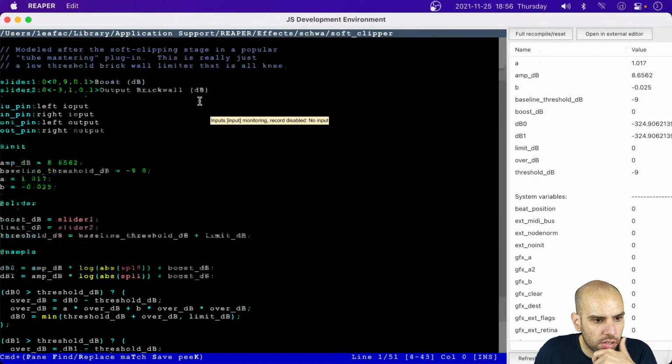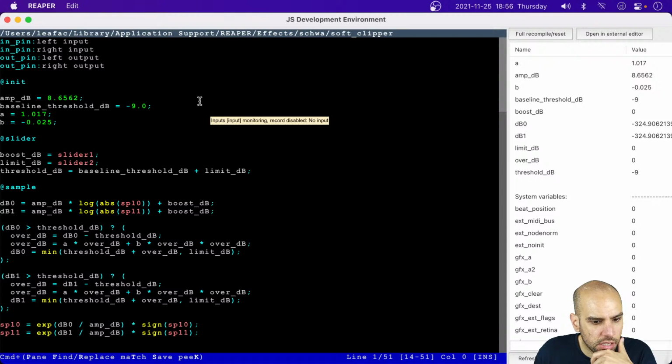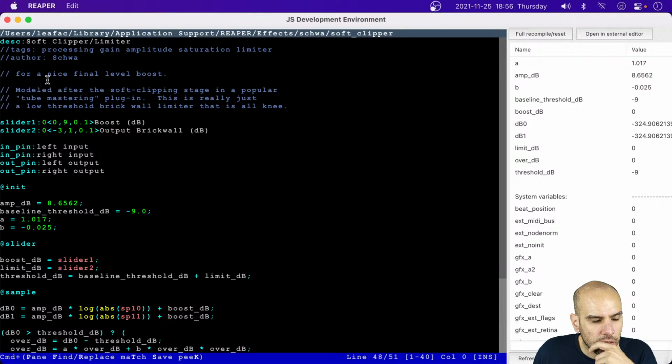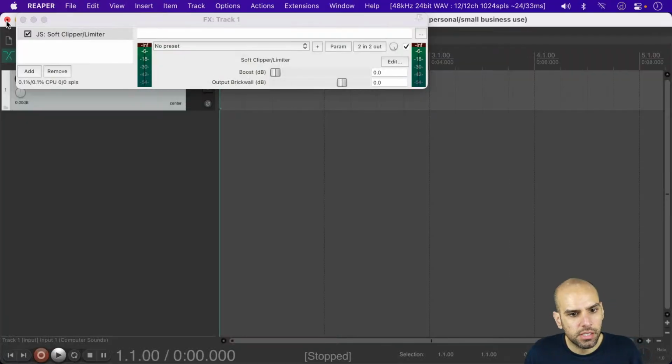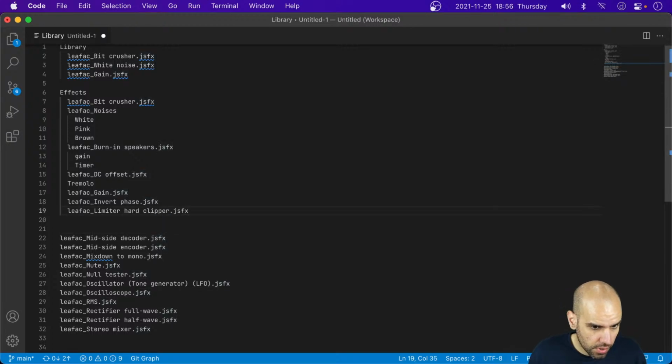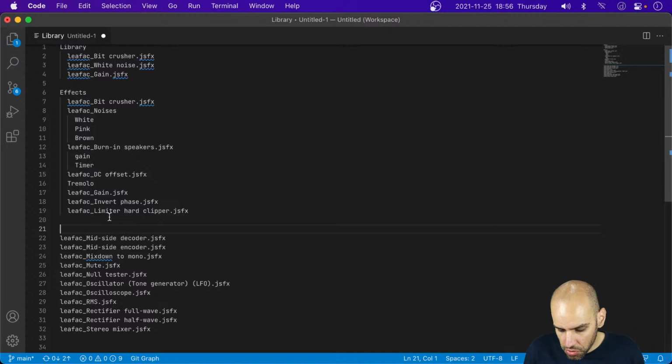Yeah, this is not multi-channel. This is trying to be a soft clipper, but it's not, is it? It's just using min and max. Oh, no, okay. It is a soft clipper because it's using the exponential to soften that. Modeled after a soft clipping stage in a popular tube mastering plugin, this is really just a low threshold brick wall limiter. That is all neat. Yeah, I don't think there's anything quite like this thing, so we are going to keep it, and we are going to have some graphical user interface for this. Maybe